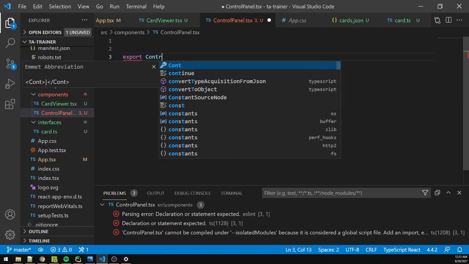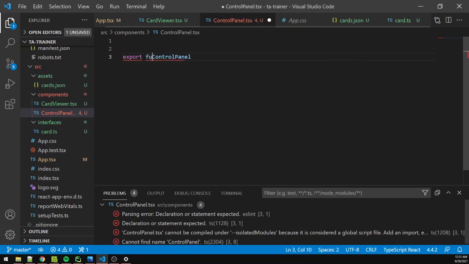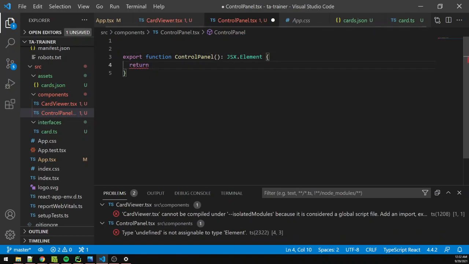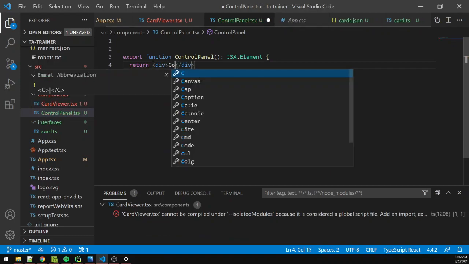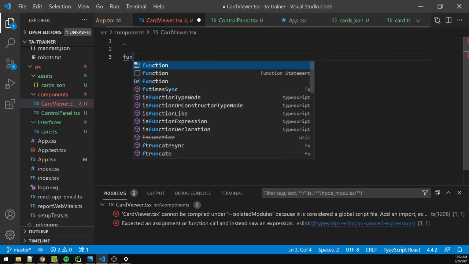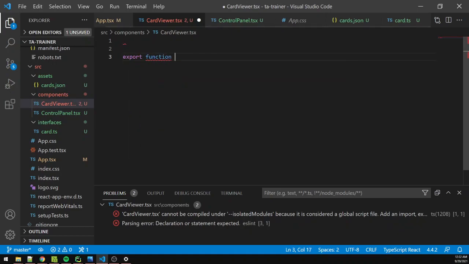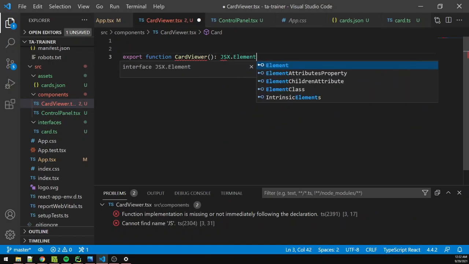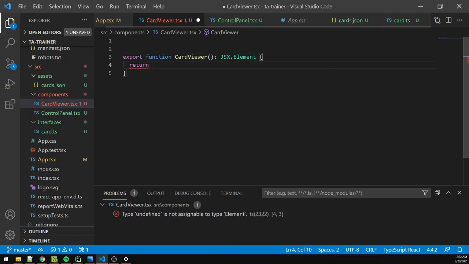And we do. Export control panel. It will be a function control panel, takes in currently nothing, and returns a JSX element. For now, we've got to stub something out, so we'll just say control panel over here. Over in card viewer, we'll do the same thing. Export function card viewer is a function that takes in nothing and returns a JSX element, returning the div